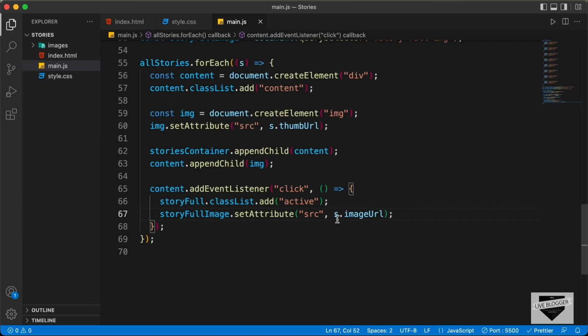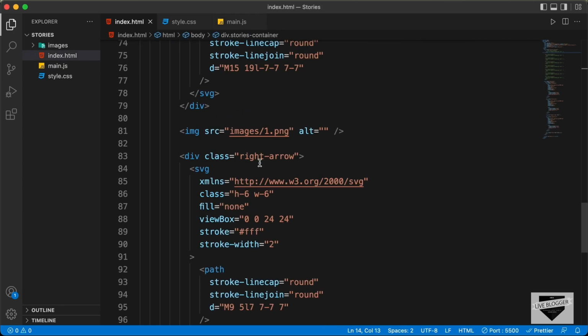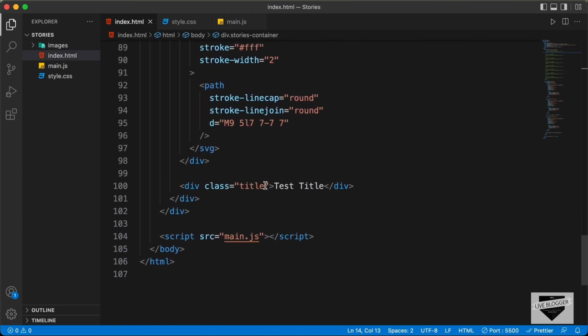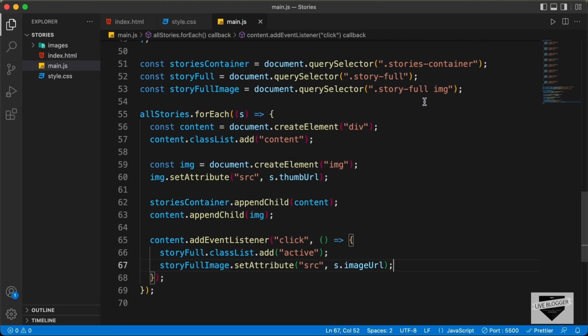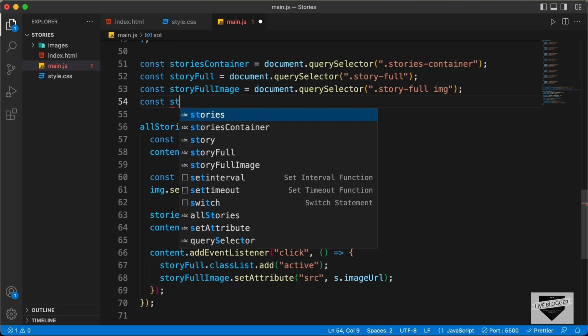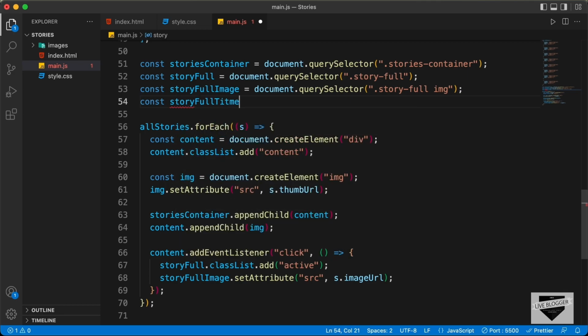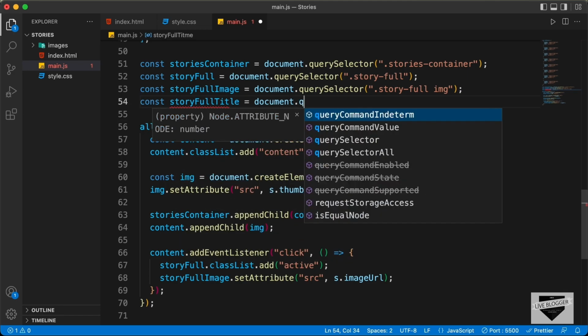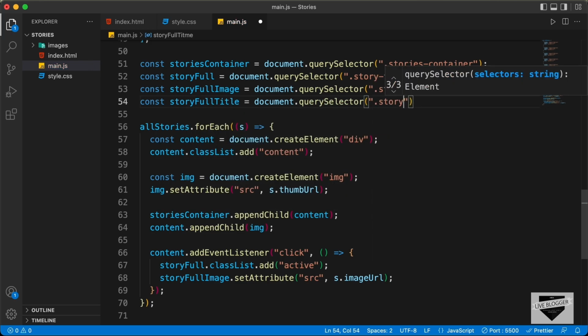The next thing we need to do is add the title. So if you go back to the index.html file, here we can see we have this division with the class of title, and in that we have this text over here. Now we need to replace this test title with the current title of the story. So let's access this title. Let's go over here to JavaScript and create a constant. Let's type const and name it storyFullTitle equals document.querySelector .story-full